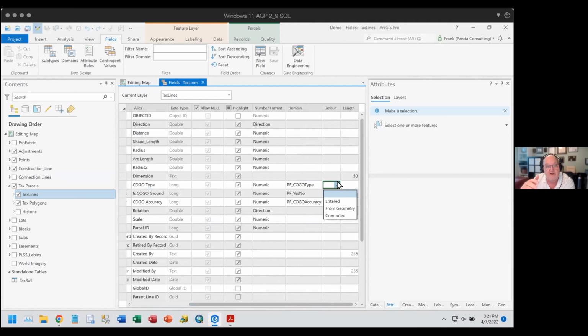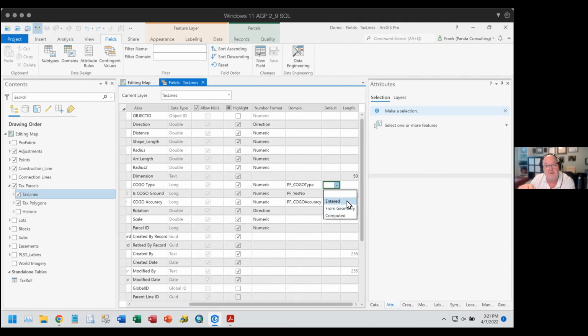If I actually look at the domain, I'll see that, again, it's long integer. So these are numbers, but the values that are stored on them are 1 for entered, 2 for from geometry, and 3 is computed. The entered means this is the record information that the editor has actually gone and input